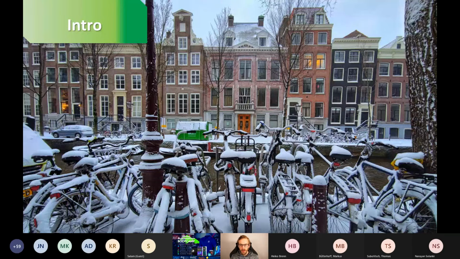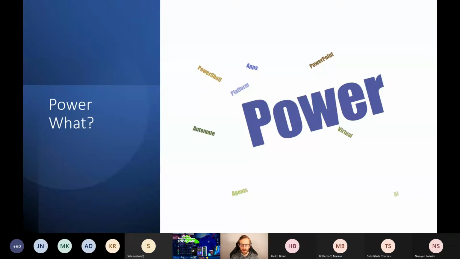For me, the reason I started working on this session and why it resonated with me personally is the fact that obviously Power Automate and PowerShell have matching names, but there were a couple of other options for me to choose from, because we have Power Apps, it's part of the Power Platform, Power BI, Power Virtual Agent. So there would have been plenty of options.